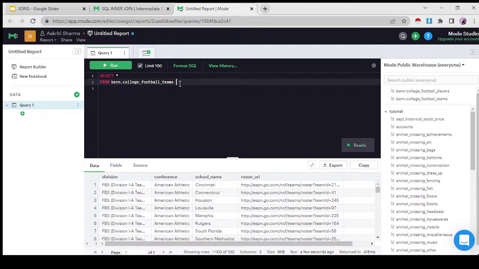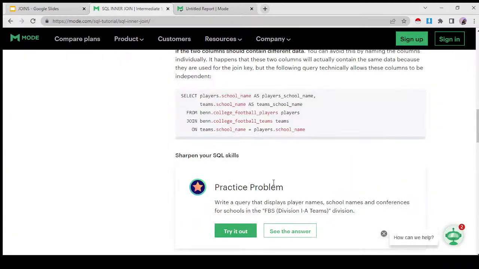So what we'd be doing here is we will write our table, which is the name of my first table. And I only want the things that match. I don't want the things that are not matching, because I have a condition here which is that only FBS Division 1A teams should be present.